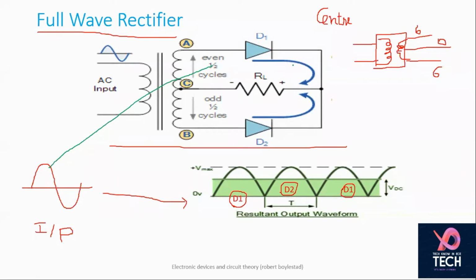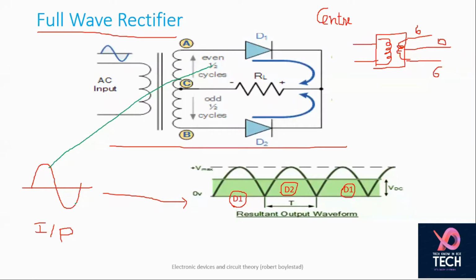So this is called a full wave rectifier because two diodes are there. One diode conducts for the positive cycle, the other diode for the negative cycle. So both of them are forward biased on alternate cycles, and you are getting the waveform for the full cycle. So your energy wastage is not there. Efficiency is more as compared to the half wave rectifier, although we are going to derive them in the coming slides or maybe in the next class. So here you are getting a good idea about the full wave rectifier.